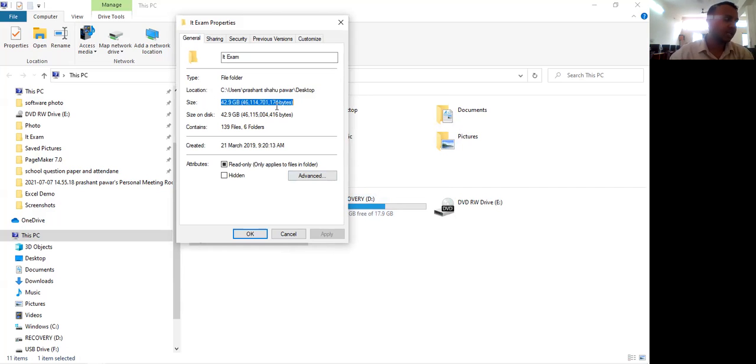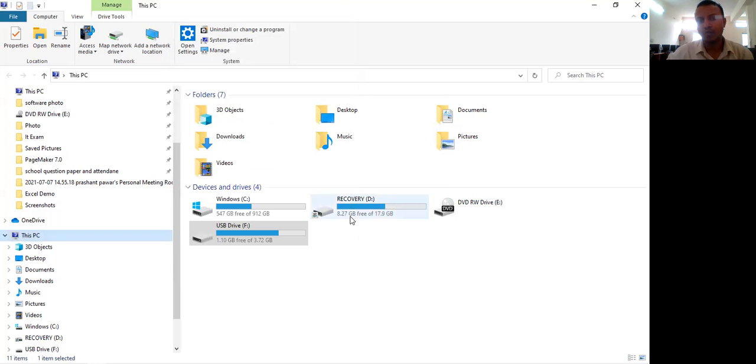Okay, so this is called a data storage unit. It indicates the memory: how much free space you have and how much you have used. This blue line or blue shade indicates how much memory you have already used, and this blank space indicates